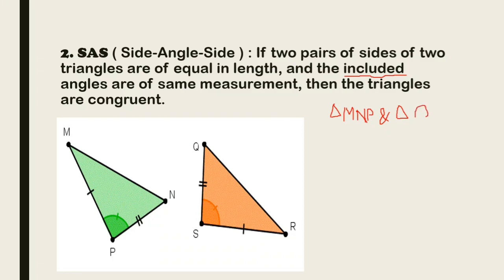In triangle QRS, you can see two sides are congruent, M and P, with the corresponding sides of triangle QRS. So here we have MP, which is equal to